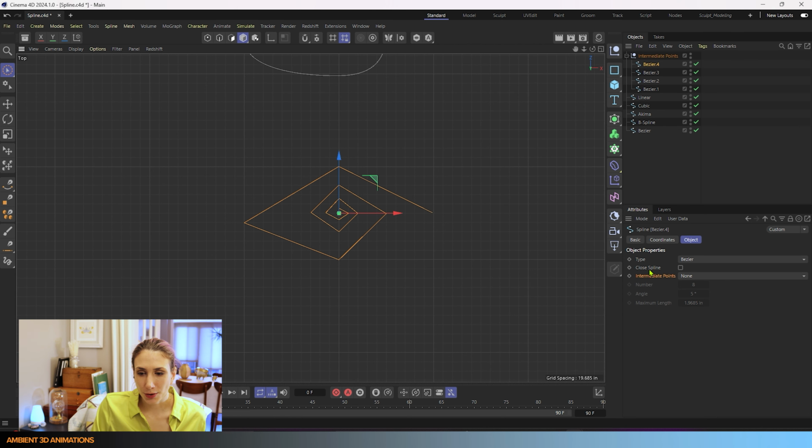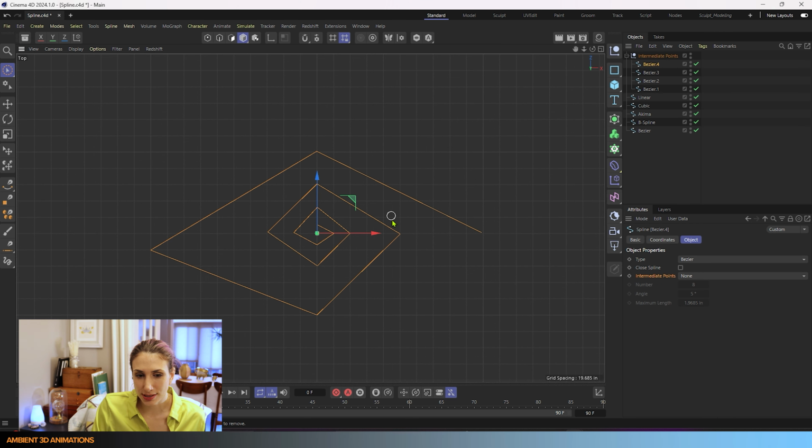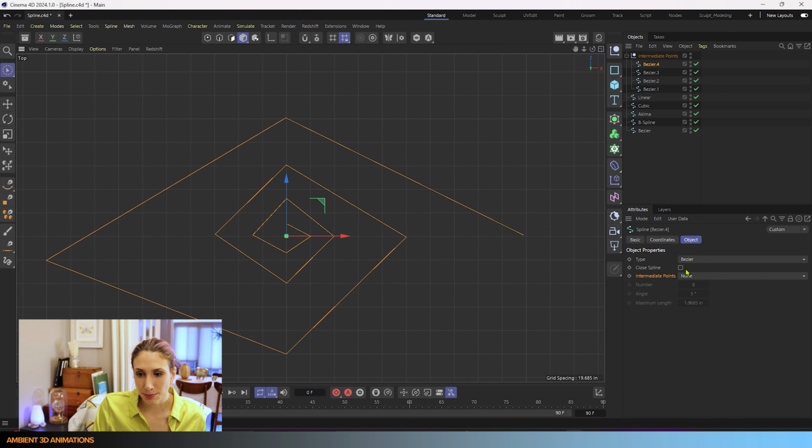Something else I'd like to go over is what closed spline does. It closes your spline. It'll take your first point and your last point and connect them together so that it's a closed spline. That's one way you can make sure that your splines are closed while you're 3D modeling. Sometimes things won't calculate right if they're open. I think it's good to manually close them though, instead of just using this button here. It's better to just connect them with the spline pen tool than to use the closed spline, in my opinion. That's something to be aware of in the settings.